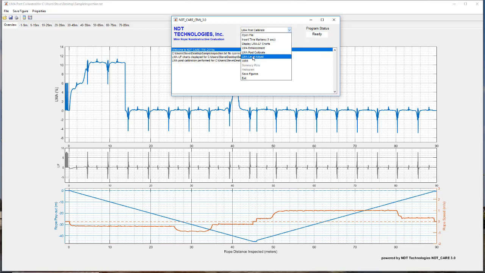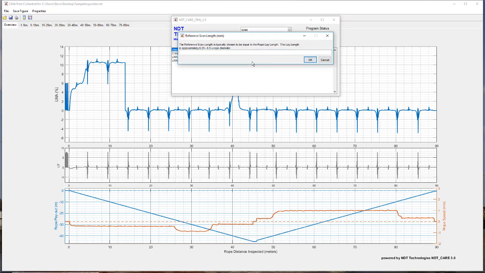What I'm then going to do is skip the level adjustment and go right to WRR, which is our wire rope roughness. This pop-up asks for a reference scan length where we talk about the rope lay length here, and the rope lay length is approximately 6.25 to 6.5 times the rope diameter. In the inspection, I believe the inspector said the rope was a 5/8 inch rope, which then converted to millimeters, and then multiplying by roughly 6.25 results in about 100 millimeters. So I will enter 100 millimeters here